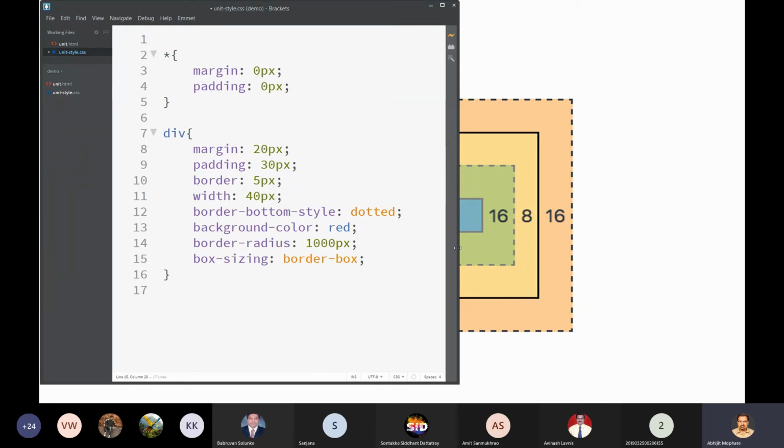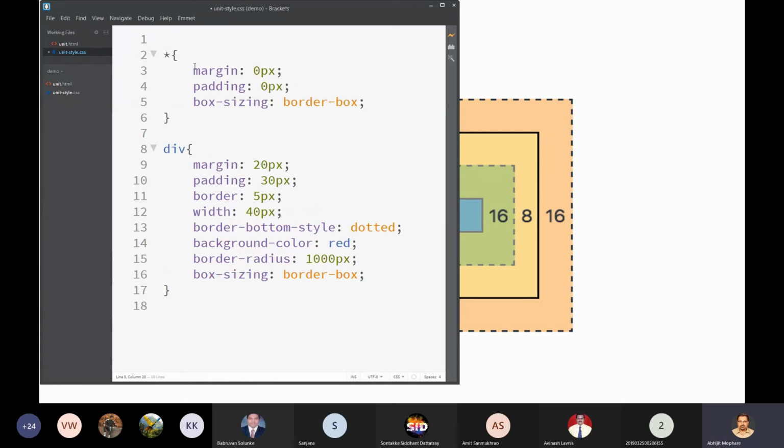Normally this box sizing is specified in the root, this universal selector. I haven't shown you what this star means, I will cover this later, but let me tell you. In the computer science domain, star means all. That means you are setting this rule for all the elements on the document, so it will get applied to all the elements.